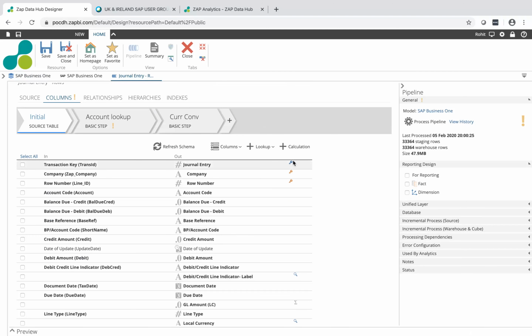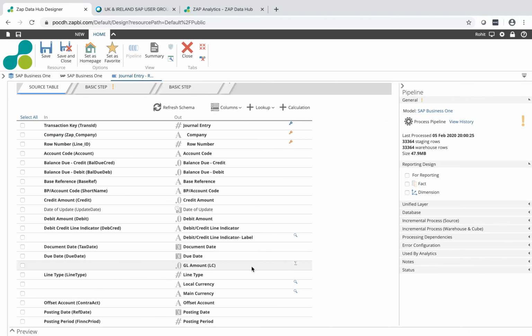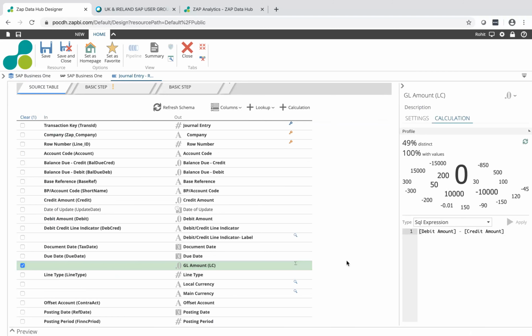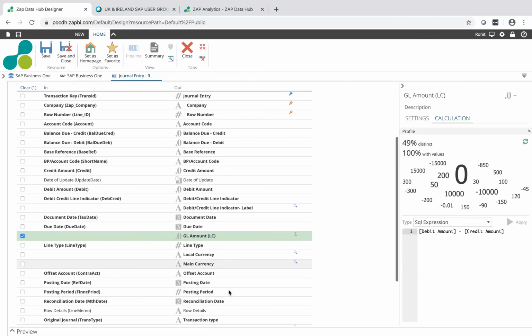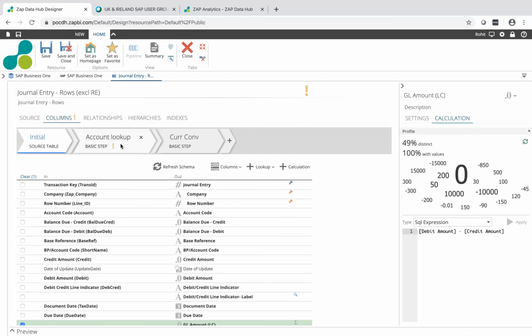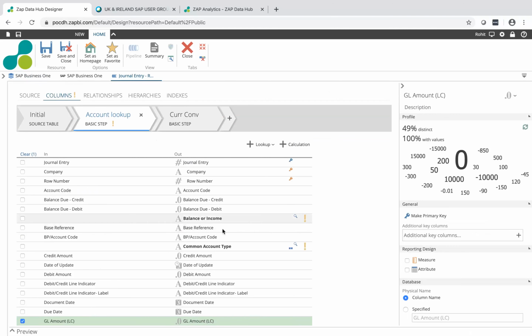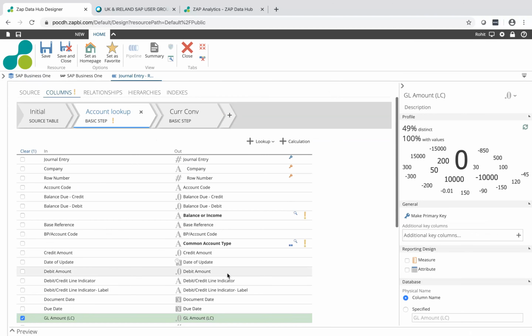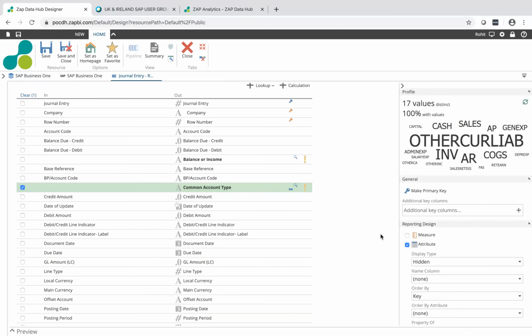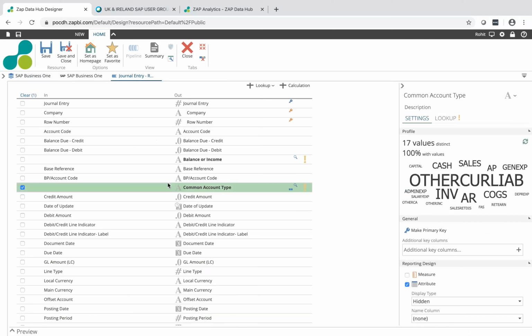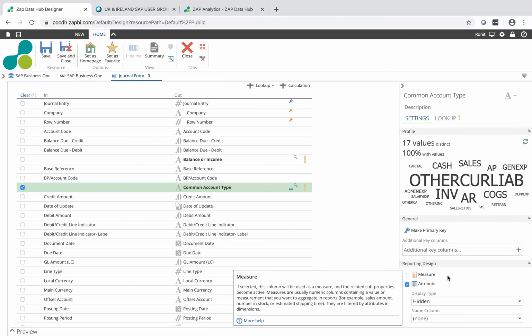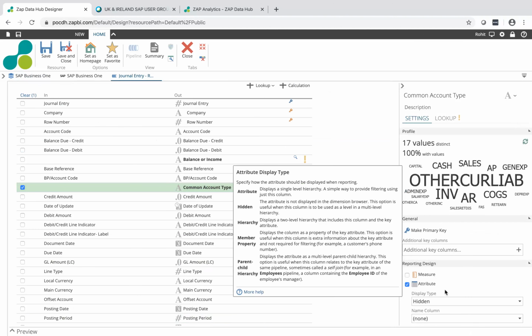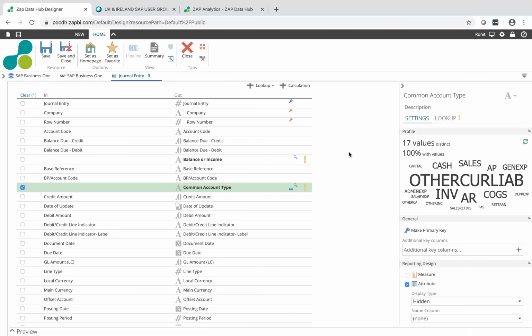There are a few things we also do further. You do primary and foreign key assignment. We do lookups. We create calculations, and you can see the calculation on here. This is where the SQL expression works. But if it's something you don't agree with, you can change it, no problem. We create lookups, which we use. And if I go to an element, say common account type, once you are on a column, you then decide whether you want to bring it into your data set or not. This is where you do that, as a measure or an attribute. And it has running commentary everywhere, explaining what it is and how it is and so on. But that's what you do.